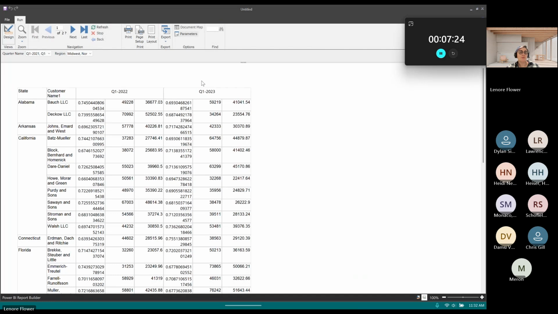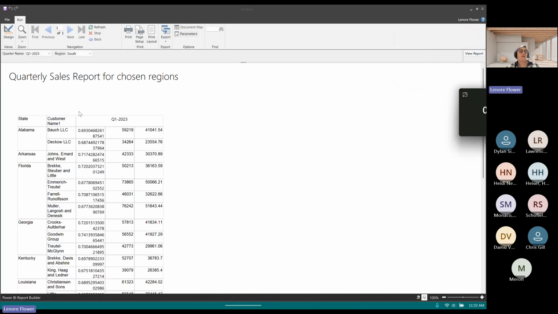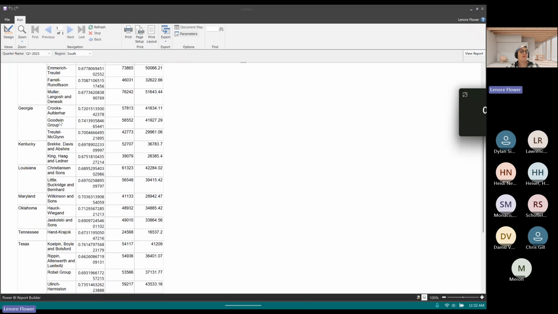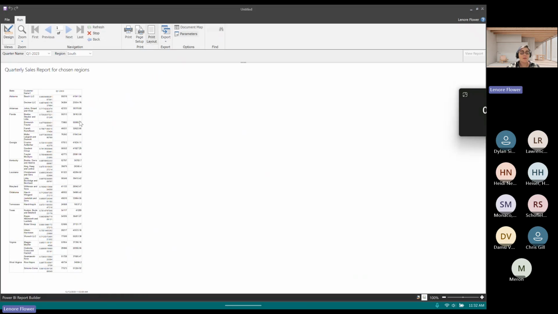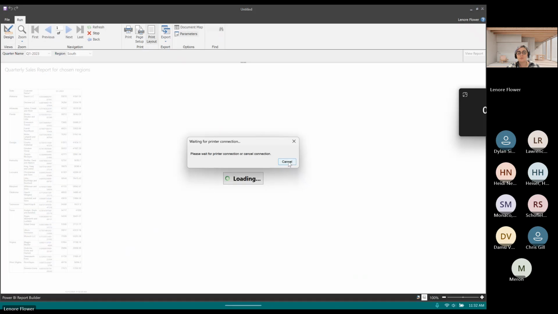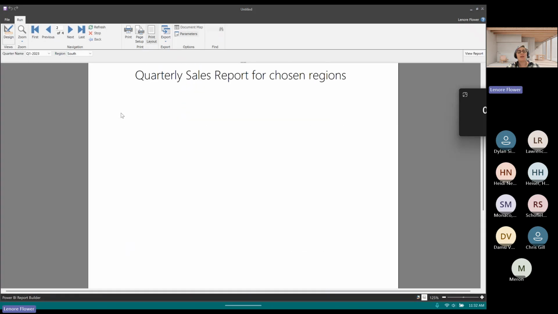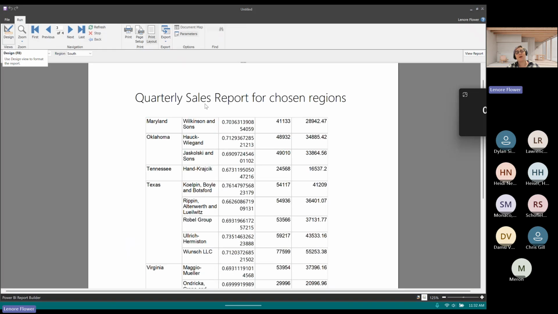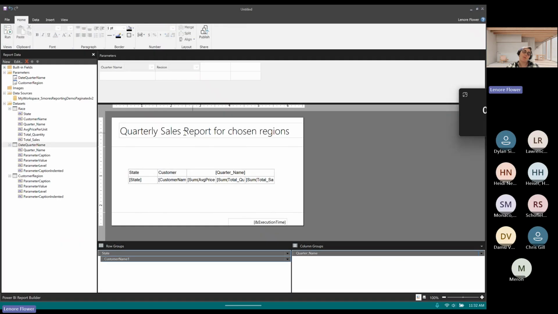So here we are back in our report. We will leave the default values as is. If we choose the print layout, which right now will look hideous, ignore the printer connections, we'll be able to see that each page, even if they're blank, will show up with that same title value. Sometimes you want that, sometimes you don't. But anything that you need to have repeat on each page, you want to put in the header.